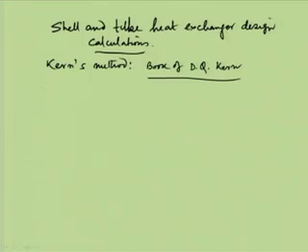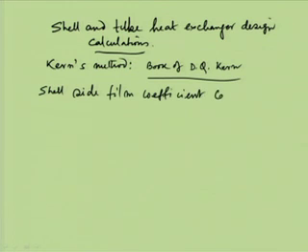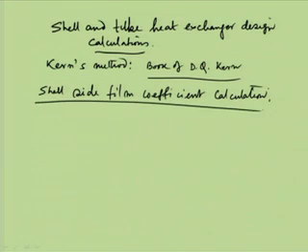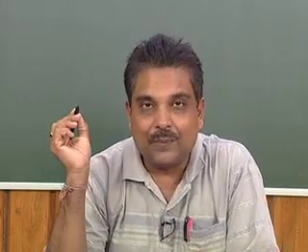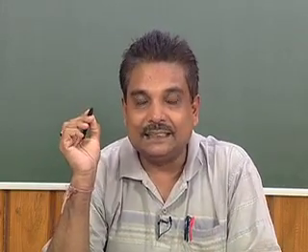A few important points that we are going to discuss here: first, shell side film coefficient calculation. In fact, in the double pipe heat exchanger problem, the tube side calculation was done by the Sieder-Tate equation. Somebody can use the Dittus-Boelter equation, others can use other equations. A lot of convective heat transfer correlations were discussed previously, and some of them can be used. But in the case of the shell side, this is not directly used.